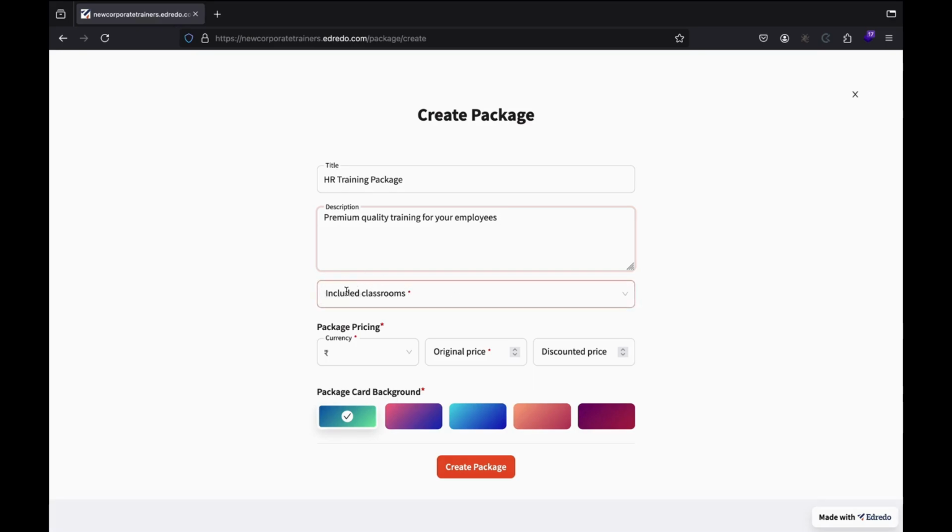In the next step, we can include the classrooms that we want in our package. So let's click on this drop down and it will already have a list of classrooms that are a part of the organization. So let's select both these classrooms